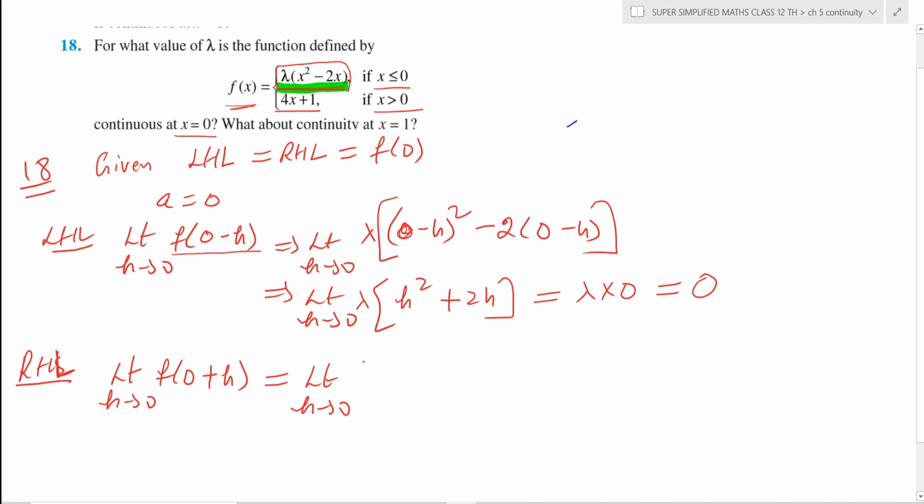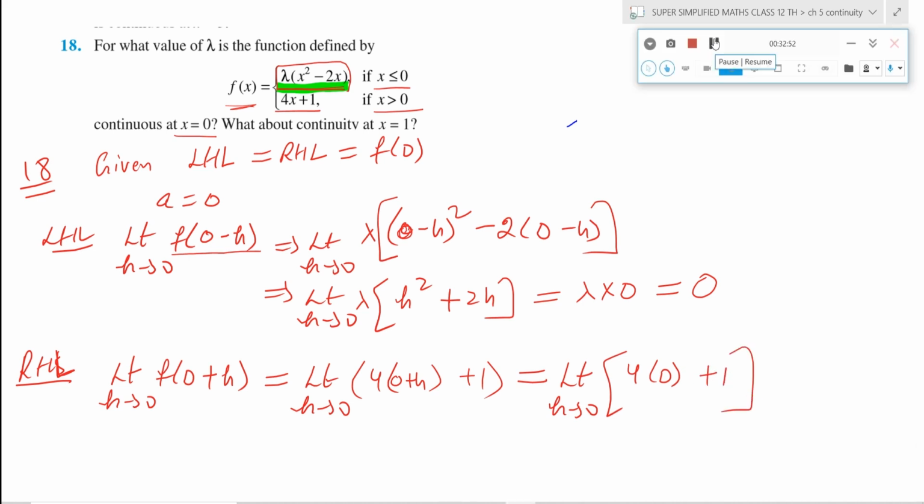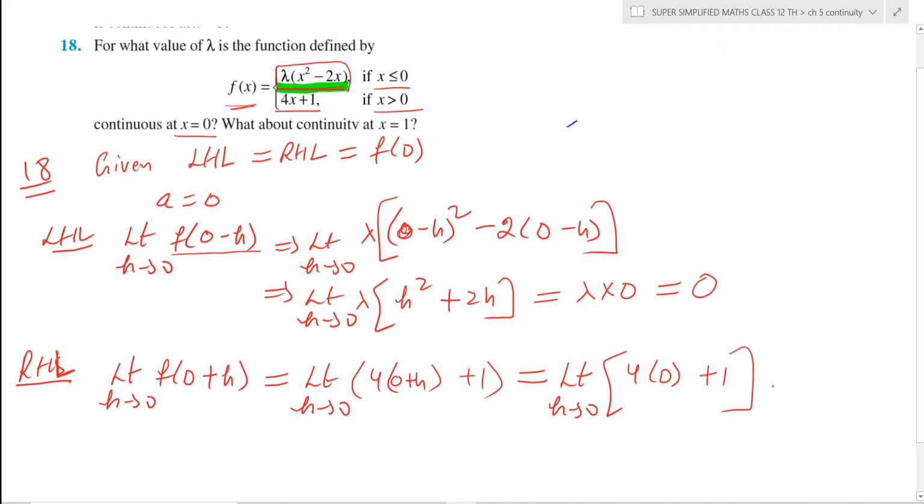So we get 4 times 0 plus h, plus 1. Now we substitute h to be 0, so we get limit h tends to 0 of 4 into 0 plus 1,